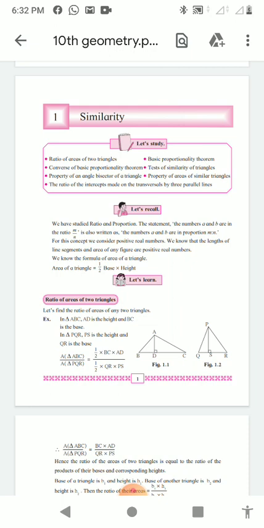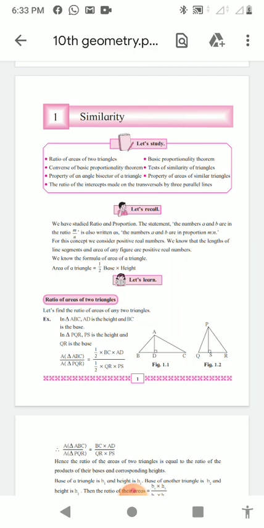Now we all know the length of a line segment, for example, if a line is there and we have to measure its length, as well as if any geometric figure is there, let us say a triangle or rectangle, and we have to find the area of that figure, these are also positive real numbers, isn't it? Area will never be negative, or length will never be negative, so they are positive real numbers. Now we have to use the basic formula for the area of a triangle, as we all know, half into base into height. This is just for our understanding.